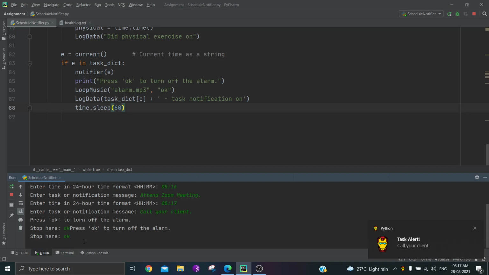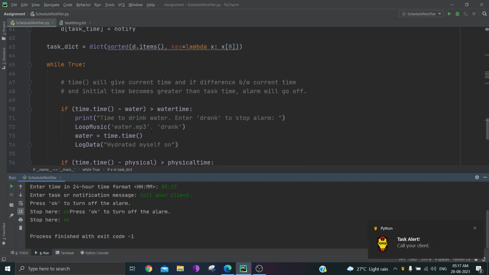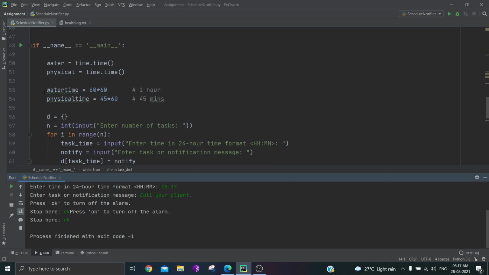As soon as we hit OK, it has stopped. Actually the water and physical exercise reminders aren't working because the time duration is very long, which is 1 hour and 45 minutes. After every 45 minutes it will remind me of physical exercise, and after every 1 hour it will remind me of water. So we can customize it here.